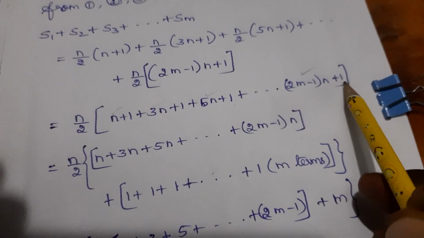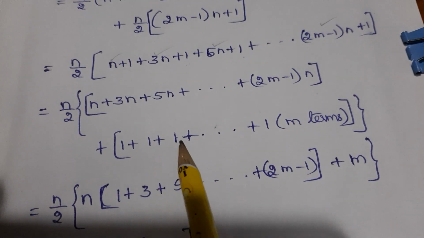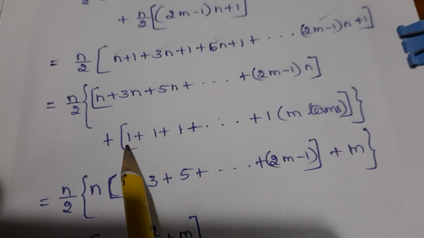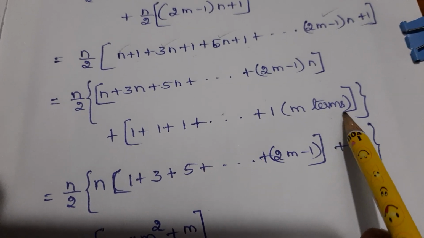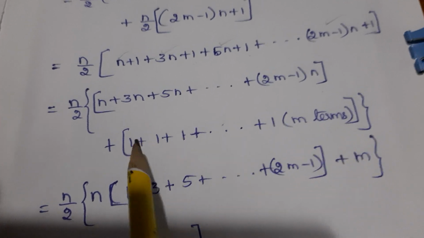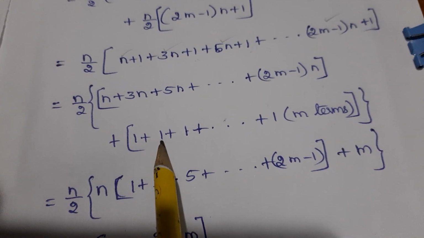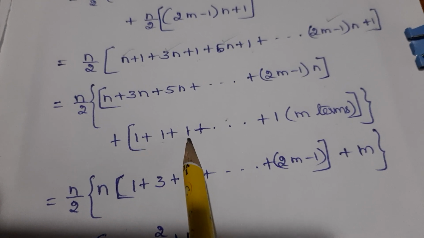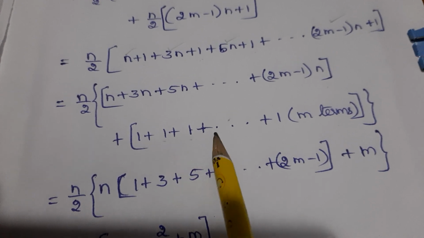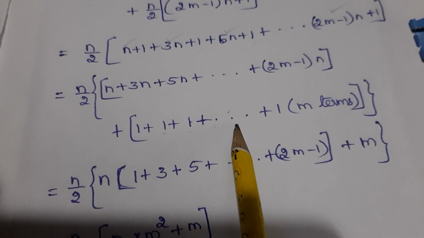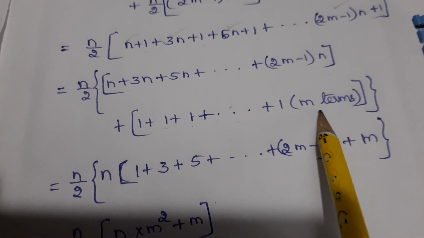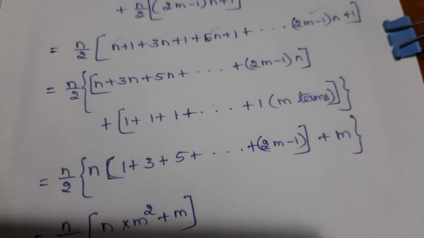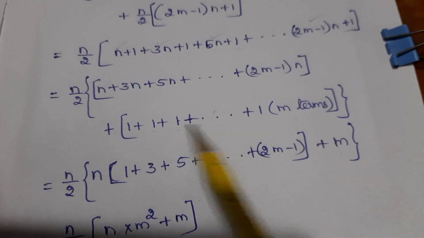mth term. Okay, so we are adding 1 plus etc., m times. Are you right? m terms. Okay, when you are adding 1 plus etc., m times, what is the sum? You see, 1 plus 1, 2 times when you are adding, what is the value? 2. When you are adding 1 plus 1, 3 times, what is the value? It is 3. If you are adding 4 times, 4. If you are adding 5 times, 5. Like the same, if you are adding m times, it is m. Okay, so the value is m for this sum.